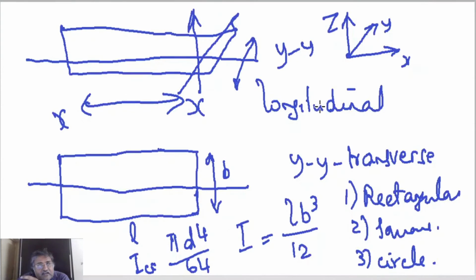Because the distances are taken transverse. It is the transverse distance from a center line, which is a longitudinal axis. So this transverse moment of inertia is always about a longitudinal axis. For example, if you take the moment of inertia about this line, then this is LB cubed by 12. This thing is cubed. This is the transverse, no? So the transverse distance is, what else is the best way to do it?